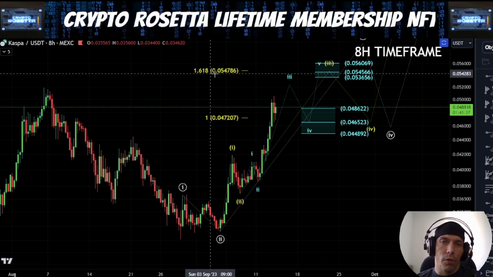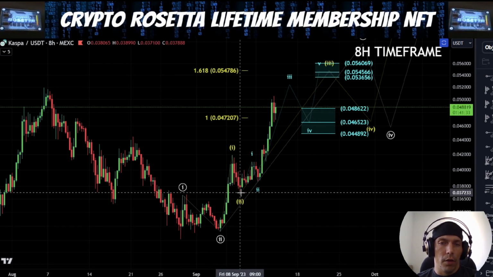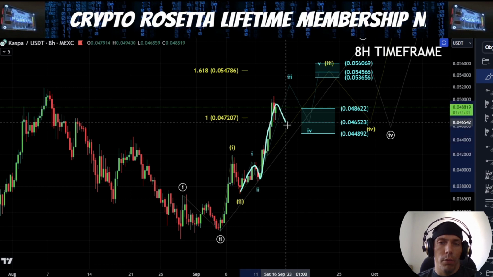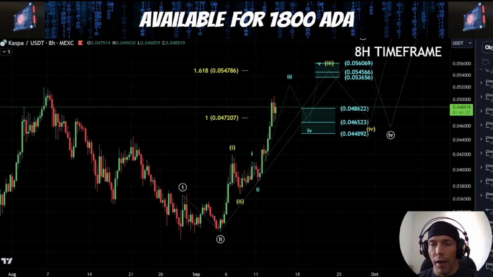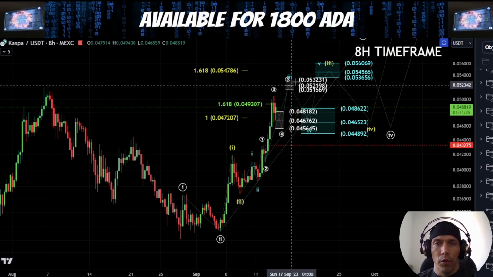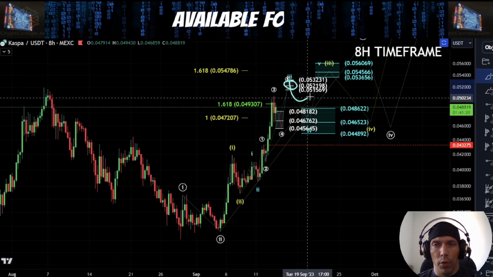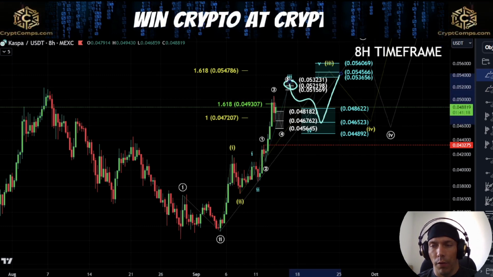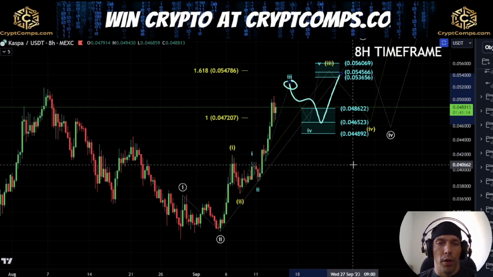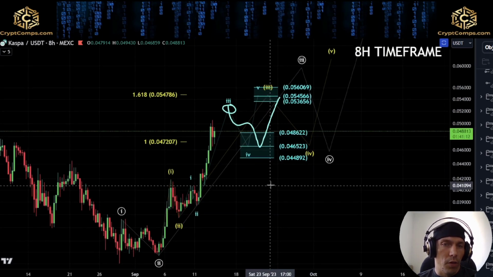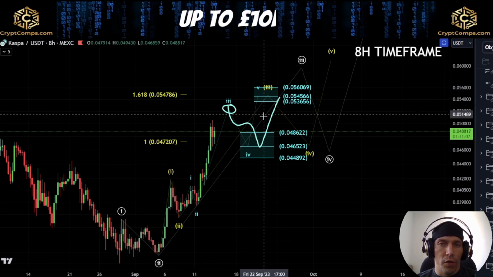If we do get a push up to this 54786, then this would align with this idea here that internally we have 1, 2, 3, 4, 5, and that would then look to push us up towards this third wave location. And then from that point, what we'd be looking for is a fourth wave and a fifth wave to the upside, once again holding that previous fourth wave location. The difference with this is that this would actually be calling for a few additional fifths to the upside.